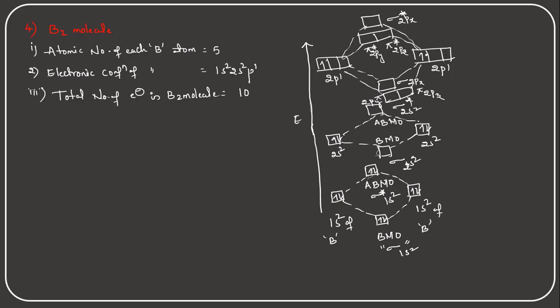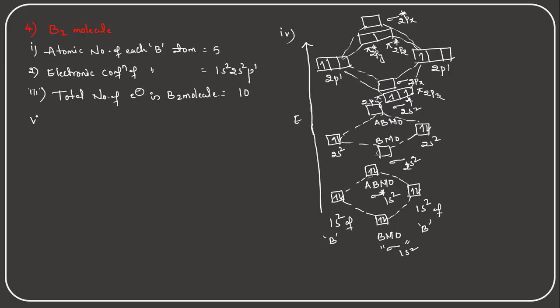So here, how many electrons are there? Two electrons are there in each atom. So one electron will enter here and another electron will enter here, because these two are equivalent energy levels, right? Because of that, these two orbitals have one electron in each. So this is the fourth point, that is the energy level diagram.